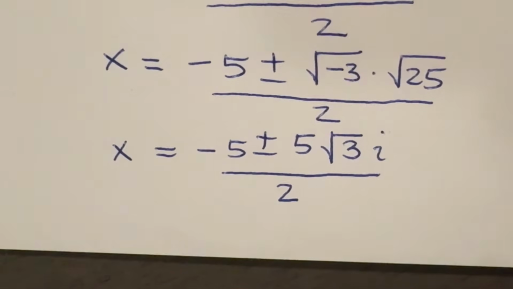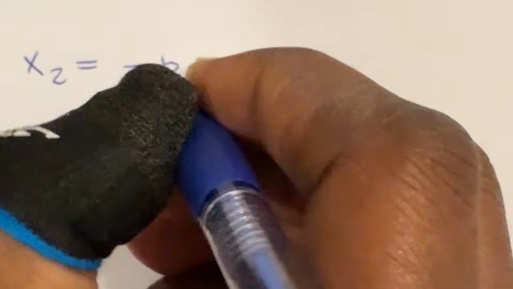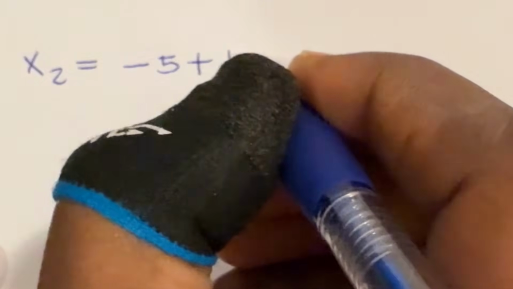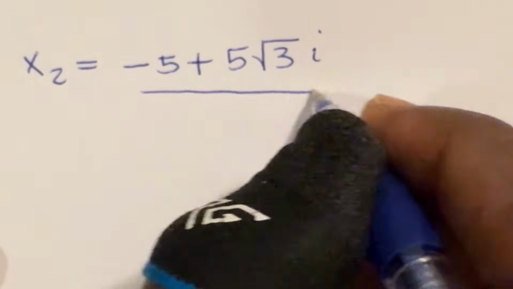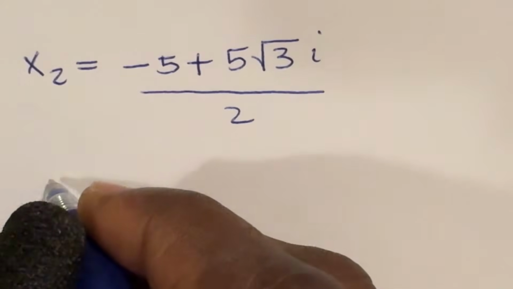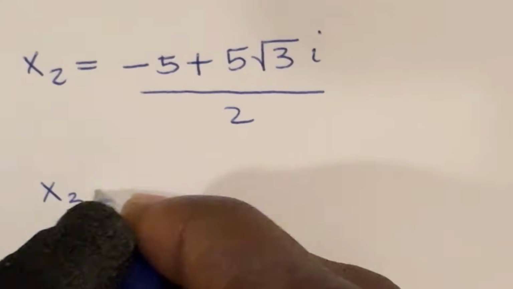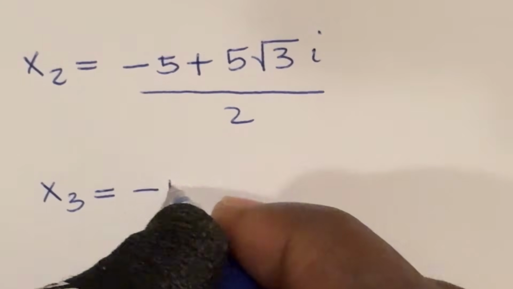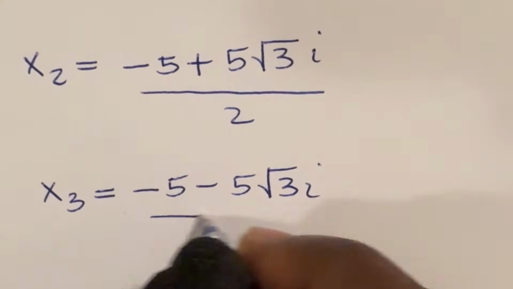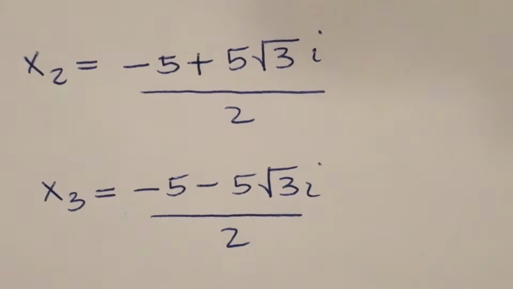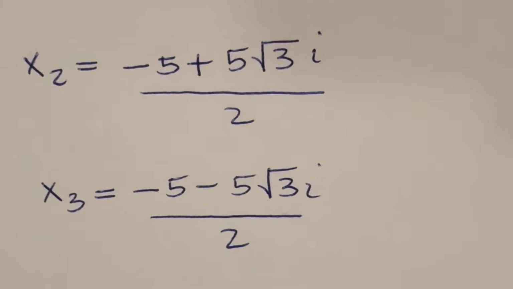So I can say that x1, x2 is equal to negative 5 plus 5 root 3i over 2, and x3 is equal to negative 5 minus 5 root 3i over 2. So out of the 6 required solutions, we've just found 3 of them,